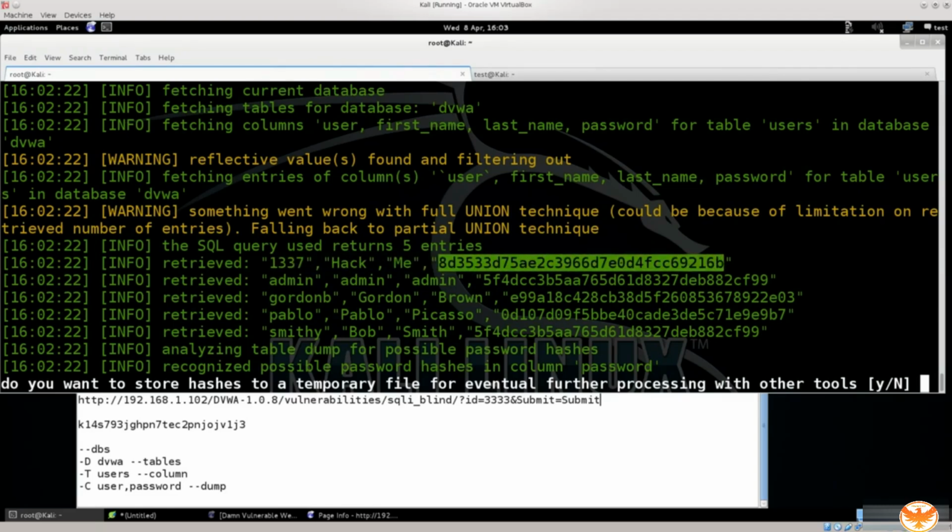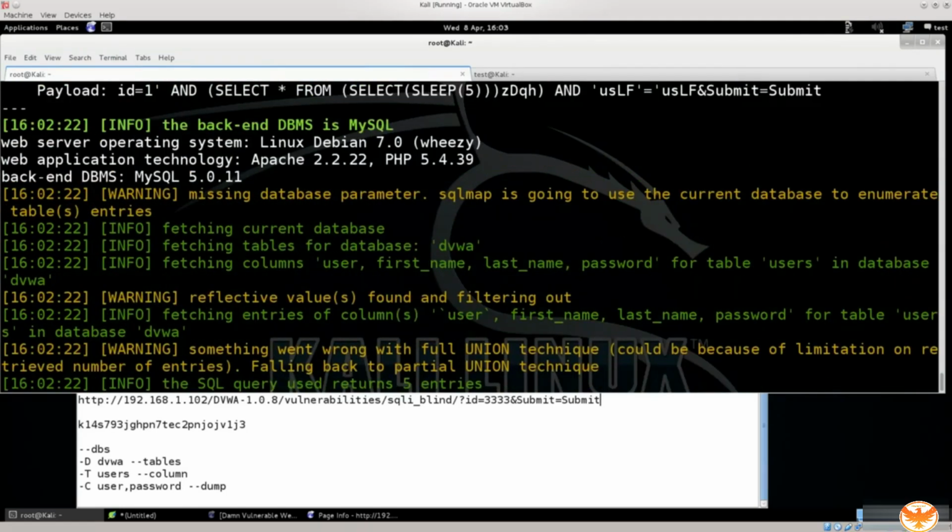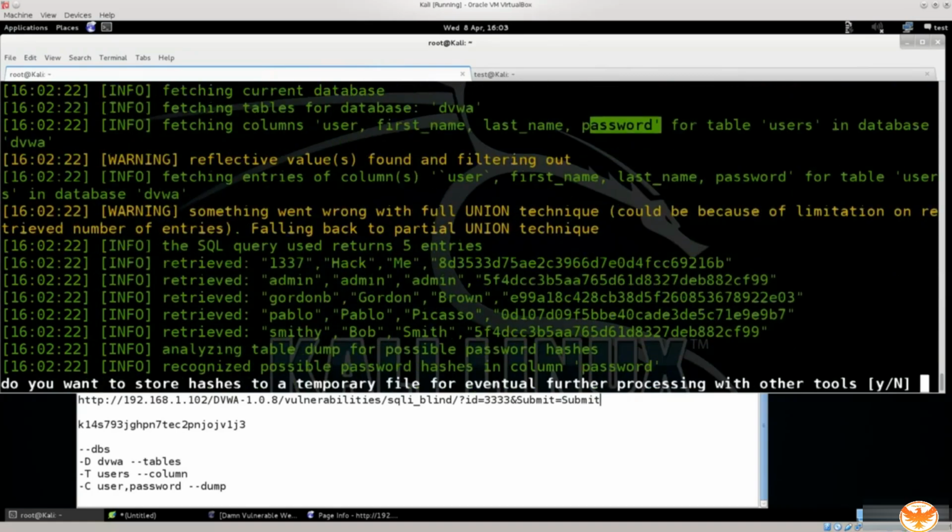Anyway, it says 1337 hack me, and then we have some sort of a hash here. That's probably a password, depending on how we actually use this. So it says fetching columns user, first name, last name, password. What do we got here? Retrieved. I don't see first. There we go. So apparently these are admin,